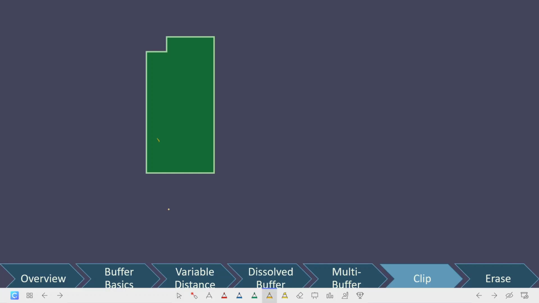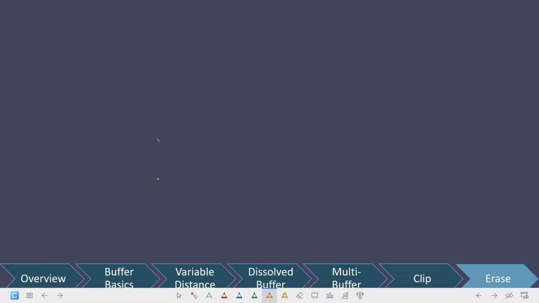Okay, so let's go ahead and talk about the last piece of spatial analysis technique that I want to talk about in this particular video, and that's erase. And you can largely think of erase as the opposite of clip, right? If clip was like making sugar cookies, pushing the cookie cutter in and then taking the cookie out, erase would be if you kept what was left over after you removed the cookie, right? So to say that a little bit more succinctly, with erase, what erase is going to do is erase